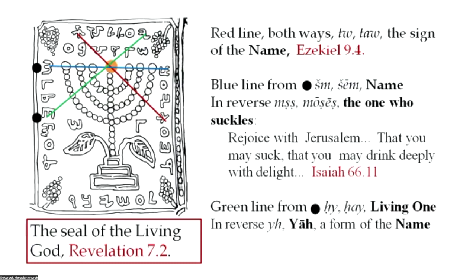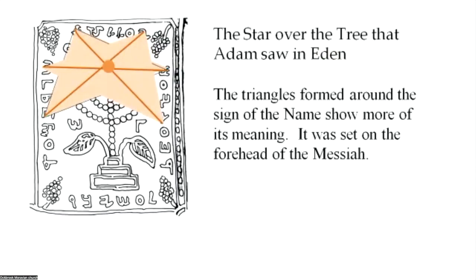So what we have in that, if you like, 6-pointed star, all intersecting at the central lamp, is the seal of the living God. And it was this elaborate sign that was the sign of the presence of the Lord in the person who wore it. If you join all that, and we're going to do this later in another context,